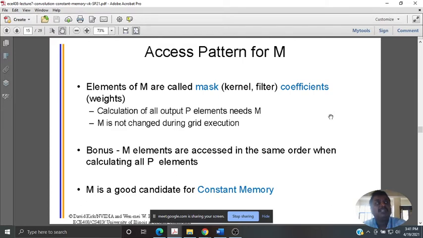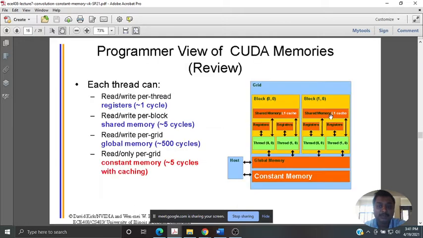Now whenever you declare variables, there are memories you have to identify with respect to CUDA. One is global memory, that is normally your DRAM cell, which takes somewhere around 500 cycles. And there are registers, which are within the streaming multiprocessor, the SMs, the streaming processors. So you can store it, but there are very limited resources as such.